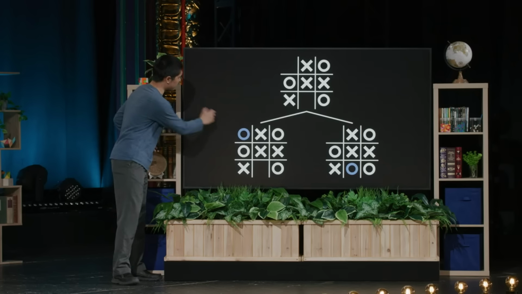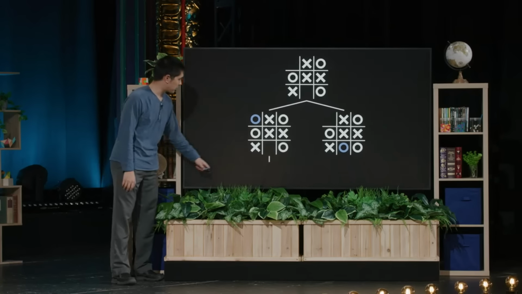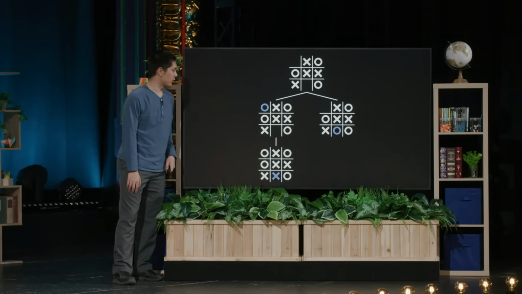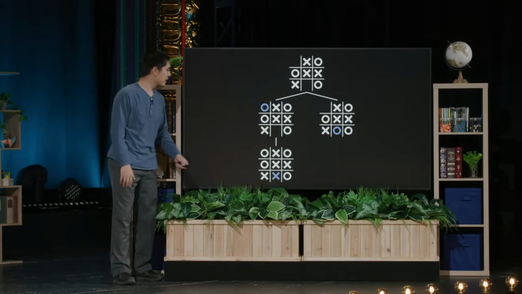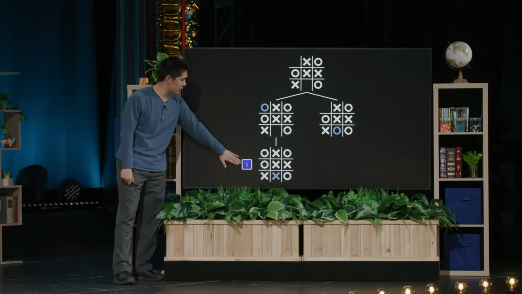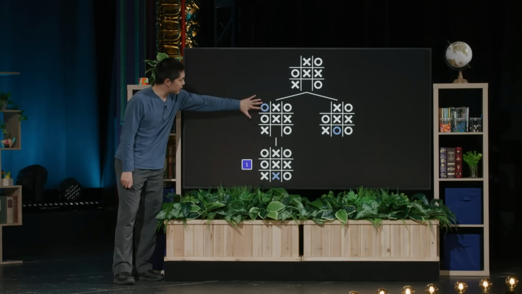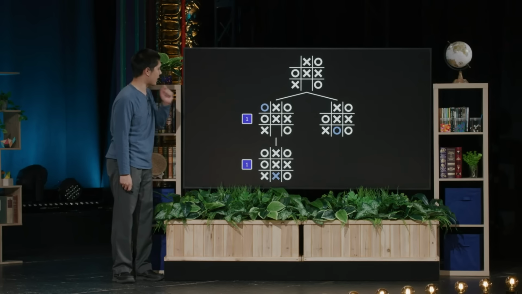If O plays in the upper left here, then X only has one choice for what to do next. X is going to play in the bottom middle there. And that's going to result in X getting 3 in a row. X has won the game. That, we said, has a value of 1. And if this game state here has a value of 1, then this board, which directly leads to this board with a value of 1, must also have a value of 1.